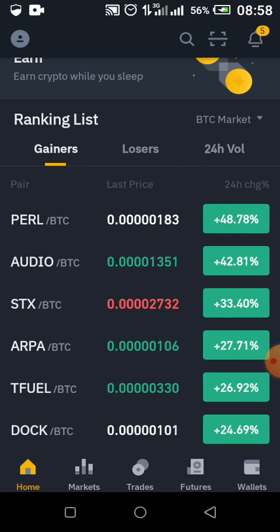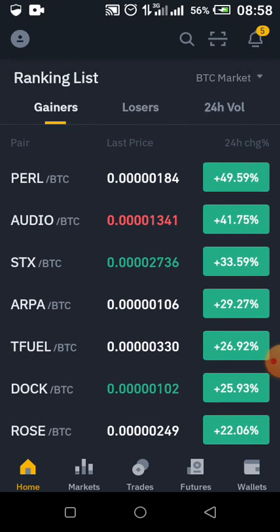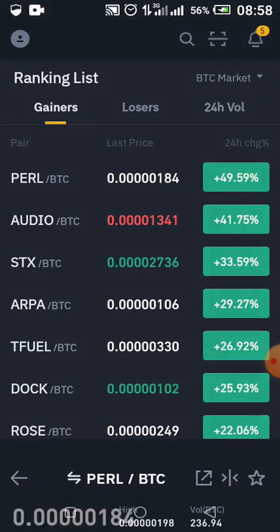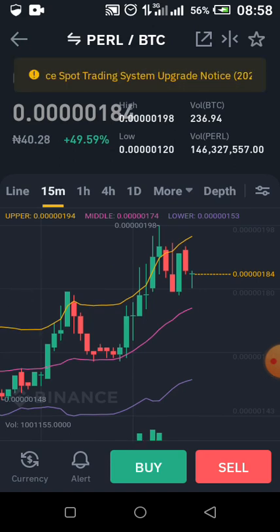So let's check PERL/BTC and see how it goes. I've clicked on it, and we'll see how the coin has been moving. PERL/BTC. Okay, now whenever you are monitoring a trade, please make sure that it's at this 15 minutes,